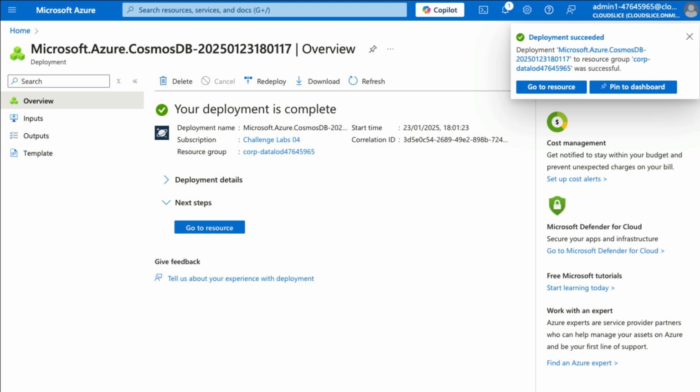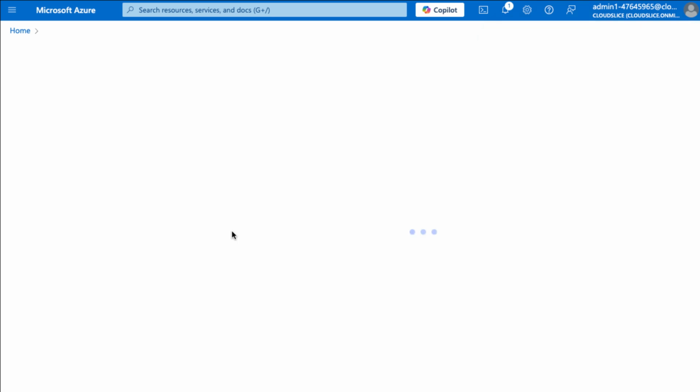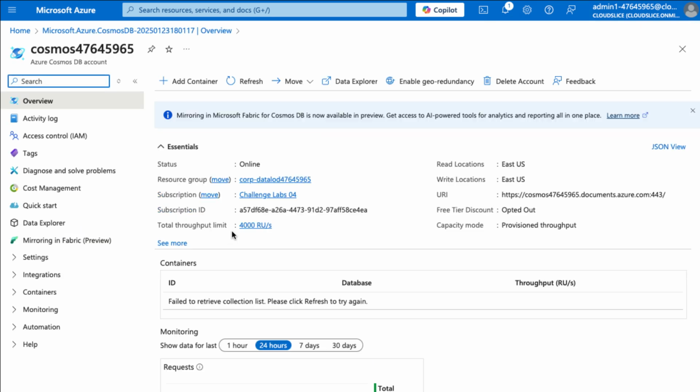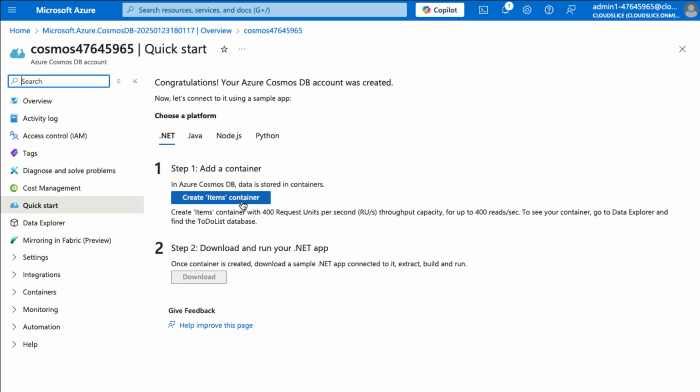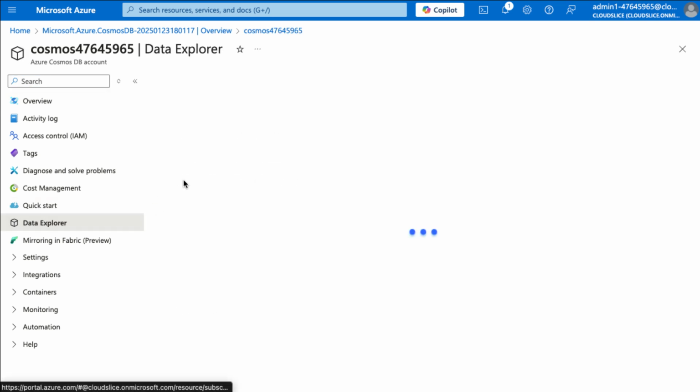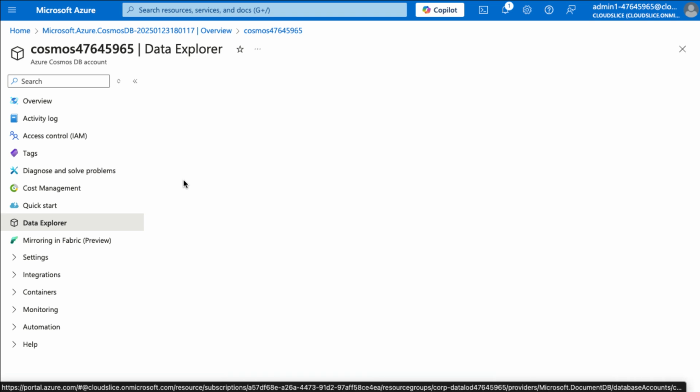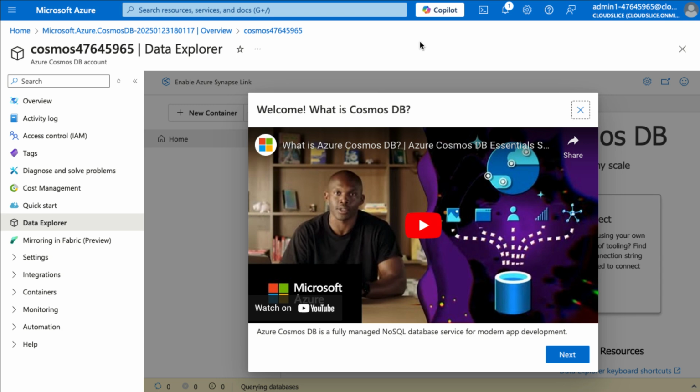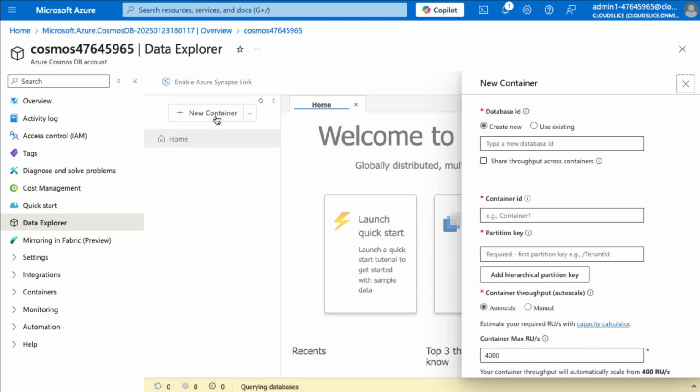All right, so that has been created. So let's go to our account. And then what we want to do is create a container in there. And we're going to do that via the Data Explorer because I'm going to need it later on anyway. The database is going to be called database 1. I'm going to call the container